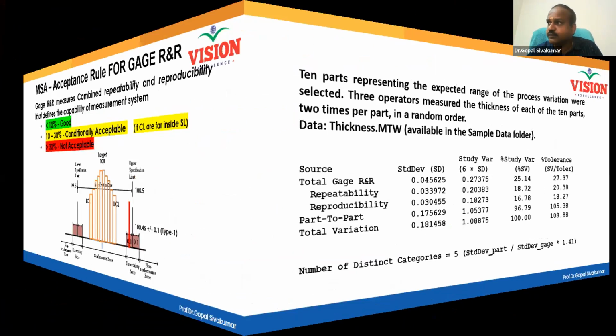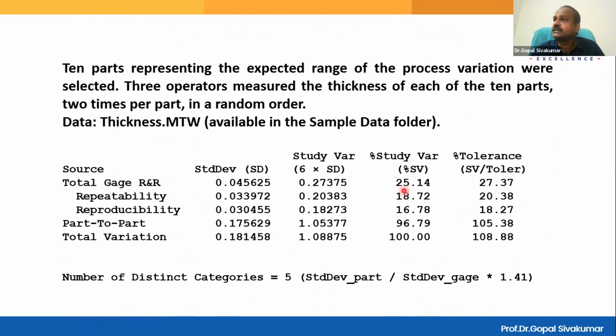So this is the Minitab report for a gauge R&R study. You can see the total gauge R&R value, 27.37. What is your conclusion now? What is your conclusion if you see a gauge R&R of 27.37? Acceptable, unacceptable, conditionally acceptable. Conditional acceptance. And now of the 27.37, repeatability is 20.38 and reproducibility is 18, which means repeatability is dominating